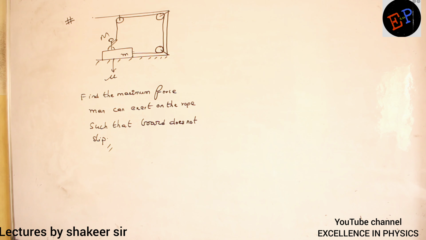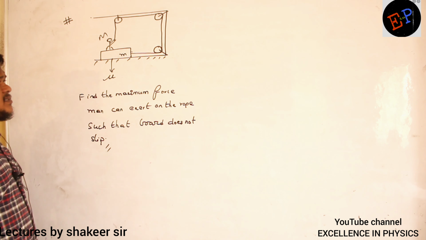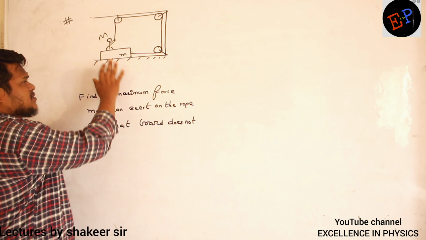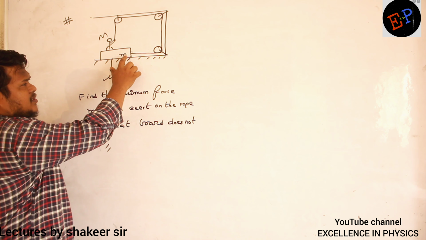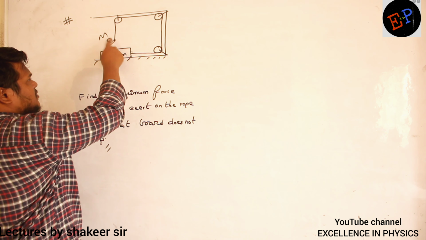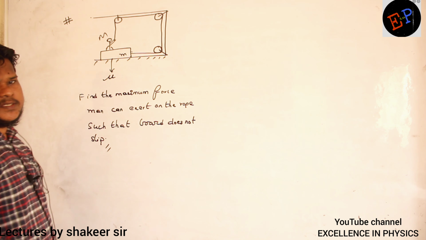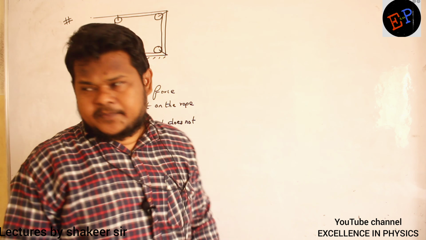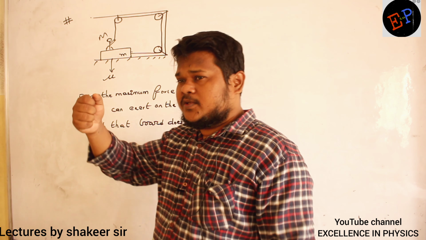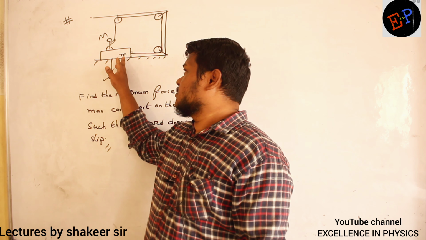Okay, ma? See, this is the given question. On this ground there is a body of mass m. To this mass m we are tying a rope. The rope is passing through 3 pulleys and the same rope is held by the man. Mass of the man is capital M. Clear? Then what is the maximum force the person can pull this rope such that this mass is in